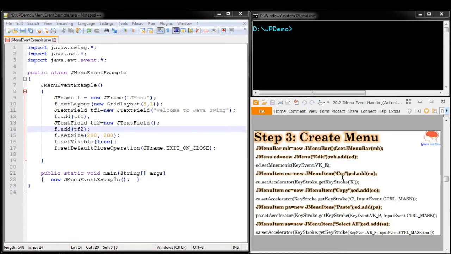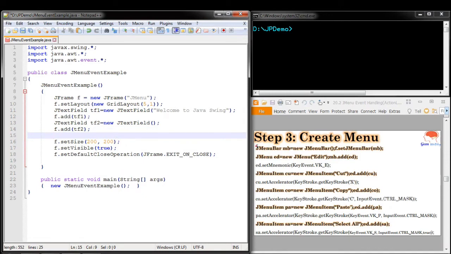Next we are going to create the menu, which contains a menu bar and an edit menu. Under the edit menu it contains four menu items: cut, copy, paste and select all, and we have assigned each menu item a keystroke. First we create the menu bar, JMenuBar object equal to new JMenuBar, and once created we set it into the frame using setJMenuBar.